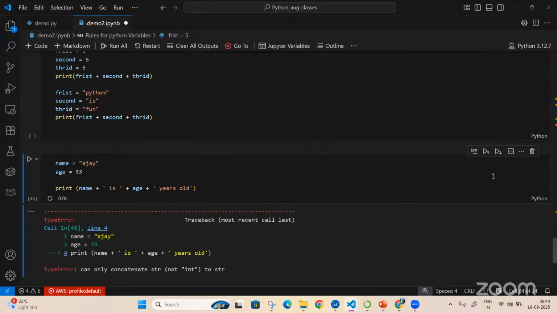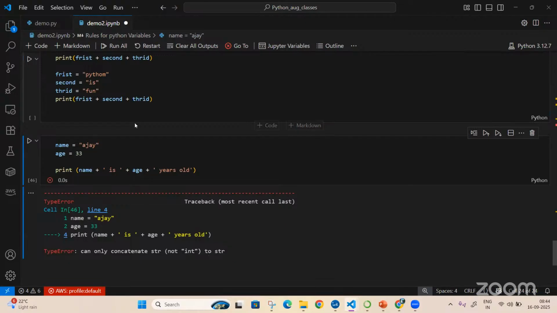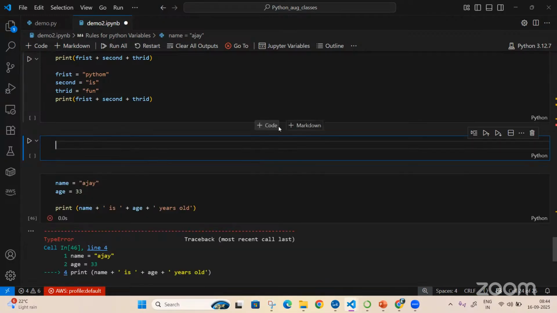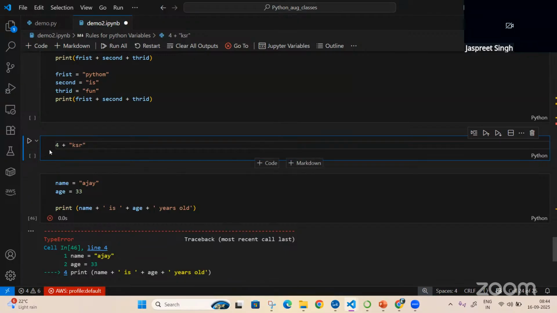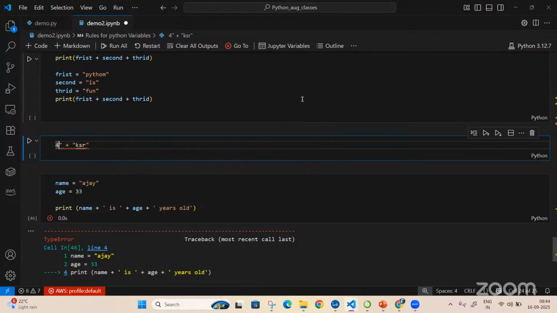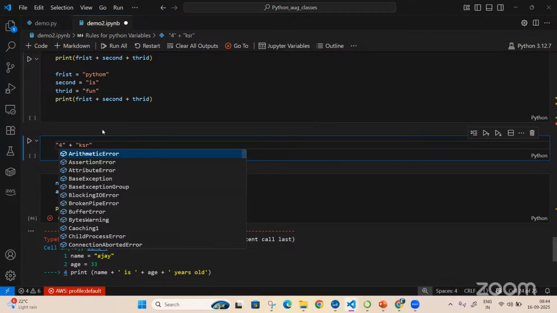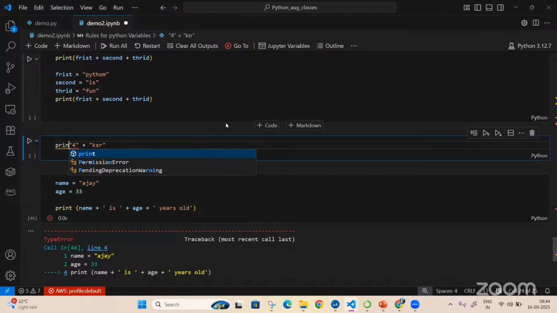Now if I run this, will it execute? Can I concatenate my string and a number directly? Can you do 5 plus a string? No, we need to convert. If I say this is a string, 4 plus the string, the output will be 4K, sir.